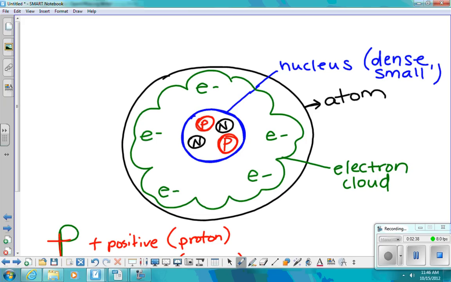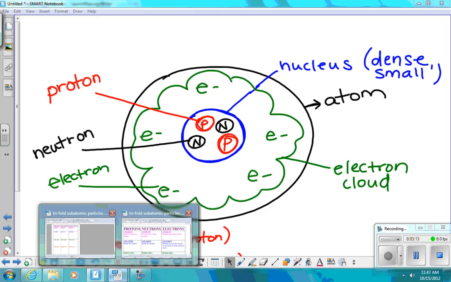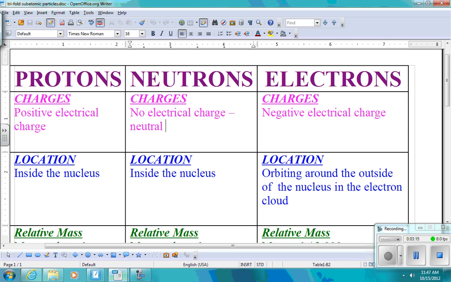And we have our neutrons, which I am labeling with an N. Those are both inside the nucleus. Our electrons are found on the outside of the nucleus. Okay? And our electron cloud is where it just shows us the area in which electrons are moving. So let's continue to talk